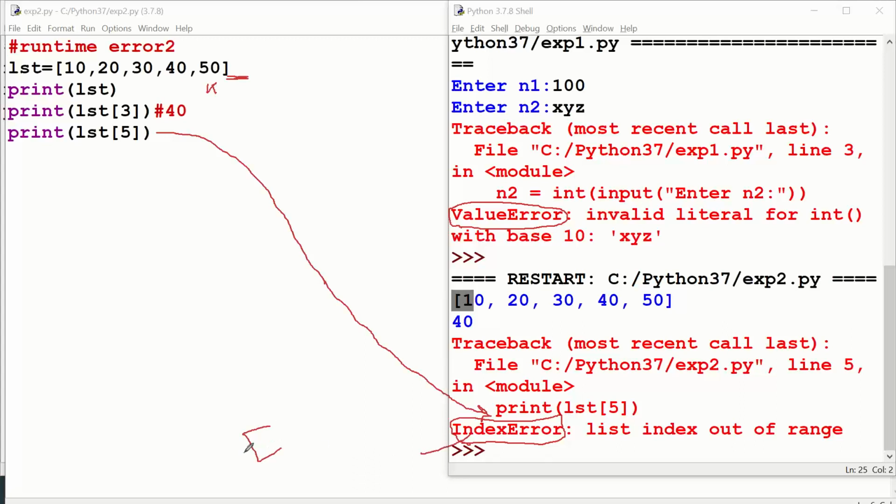These are called exception classes. Whatever errors you are seeing in the program for now, these are called exceptions. So what do you mean by exceptions exactly? These are runtime errors. At the time of execution of the program, your interpreter cannot execute certain logic, certain code. At that time it will throw these runtime errors.